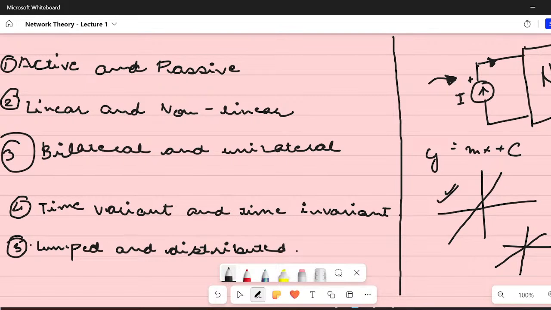Now, again, linear circuits follow the principle of homogeneity, superposition, and reciprocity. With homogeneity, what do you understand? See, if to a certain network we give an input x1, then the output should be y1, right? And similarly, if we give an input x2, the output should be y2. A homogeneous network would be when the input is x1 plus x2, the output should be